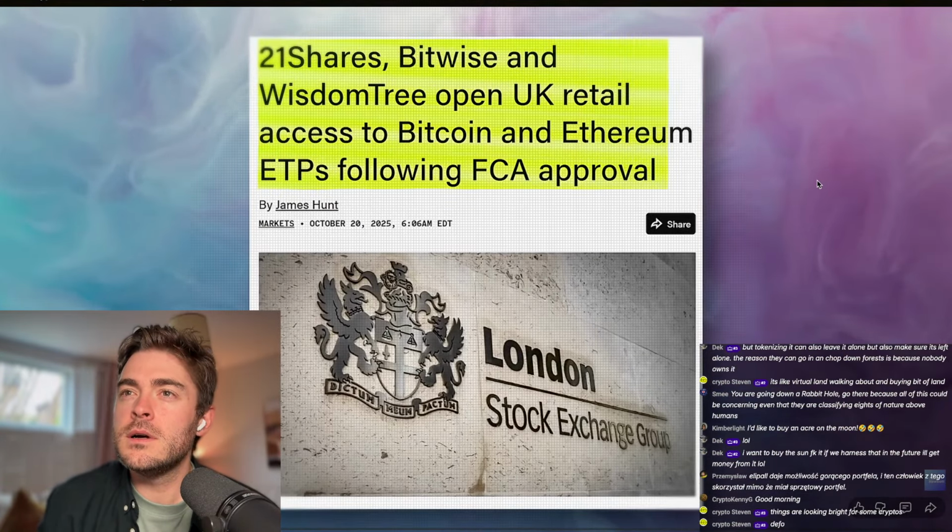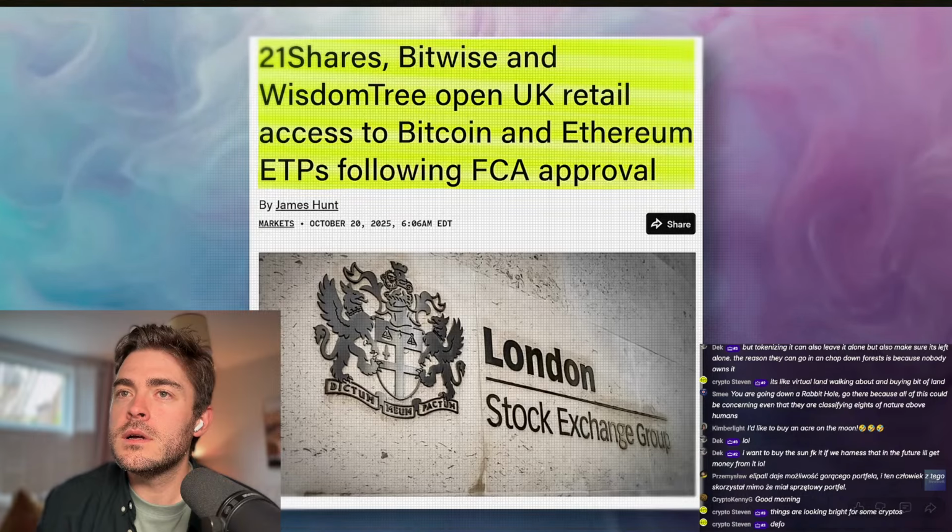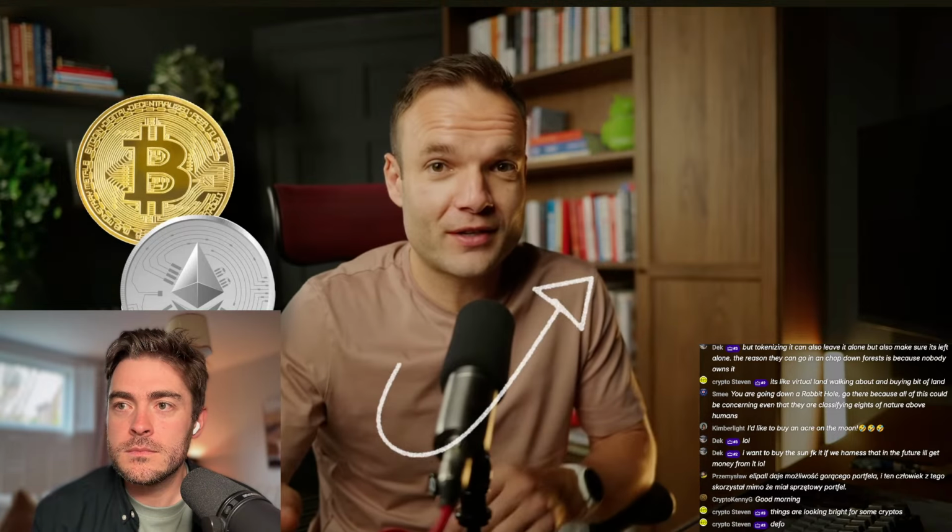As I'm making this video, UK investors are now able to buy crypto on the stock market and put it inside of their investing accounts. Specifically, you'll be able to buy exchange-traded notes, which will track the price of both Bitcoin or Ethereum. This means that you can now put crypto inside of a stocks and shares ISA and even your pension account, if your provider allows you access to.